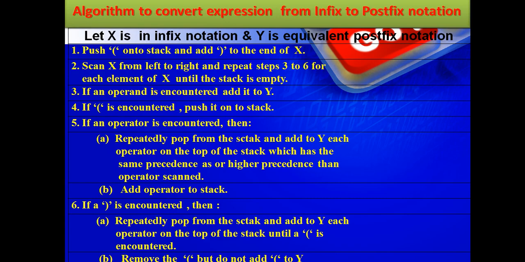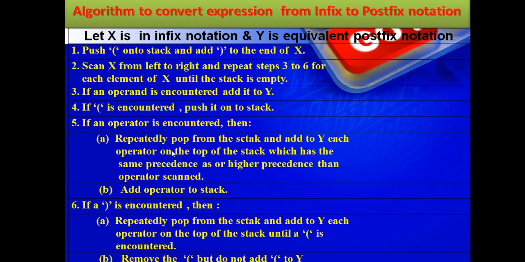But the fifth step, A and B. This step comes when the scanned element is an operator and the top of the stack is also an operator. When the scanned element is an operator and there is no operator on the top of the stack, your A is skipped because both are not operators. Only the scanned element is an operator. There, straight away add the operator to the stack. If there is no operator on the top of the stack, the operator which you have scanned, straight away push onto the stack. If you find an operator in both places, then check their priorities. Hope you are very, very clear.